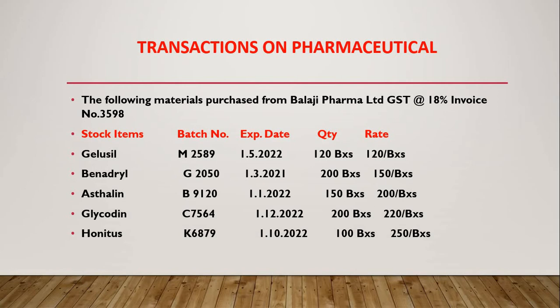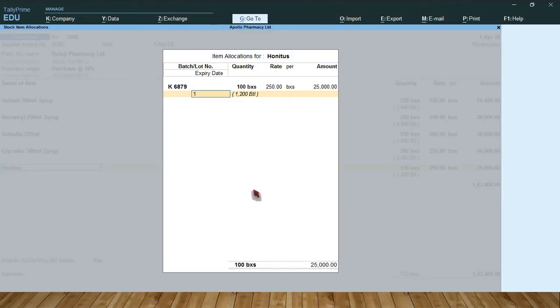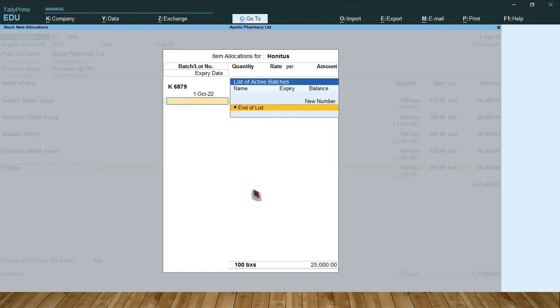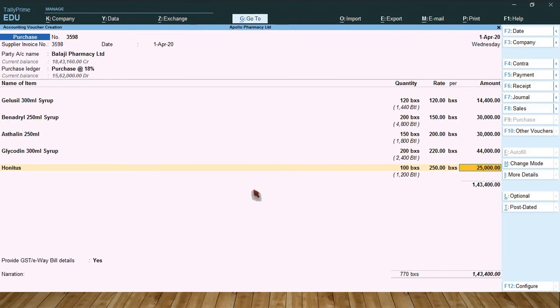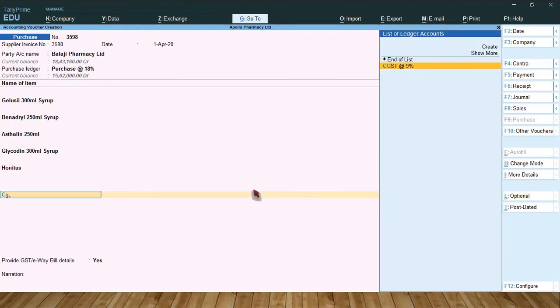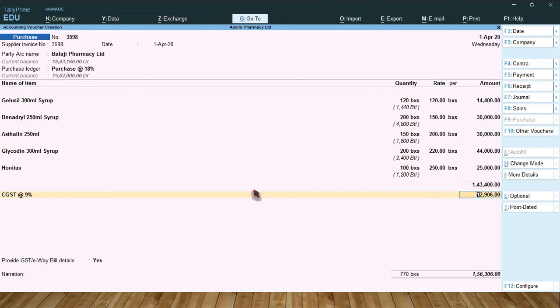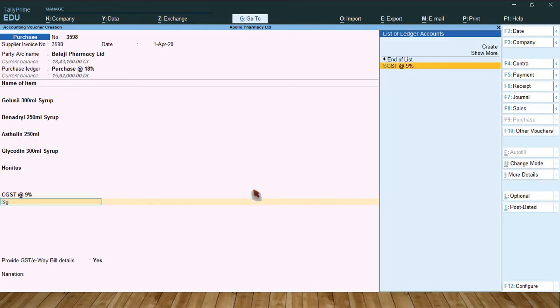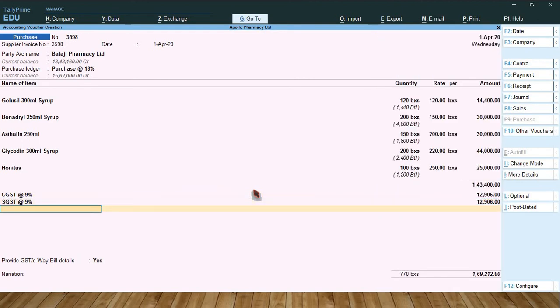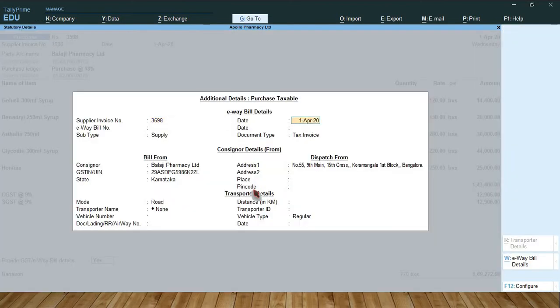Expiry date 1/10/22. End of list. Okay. Press one more enter. Select CGST. Select SGST. Accept.